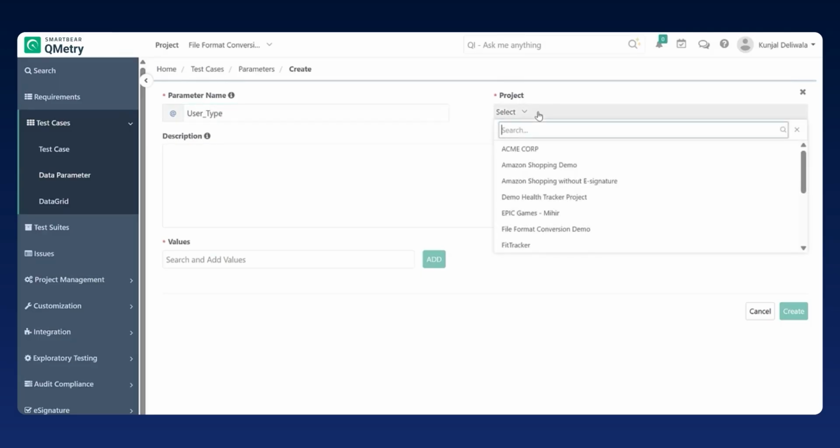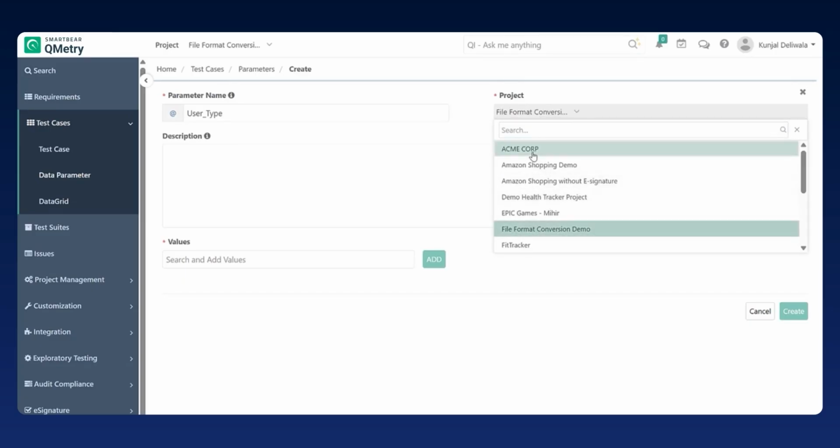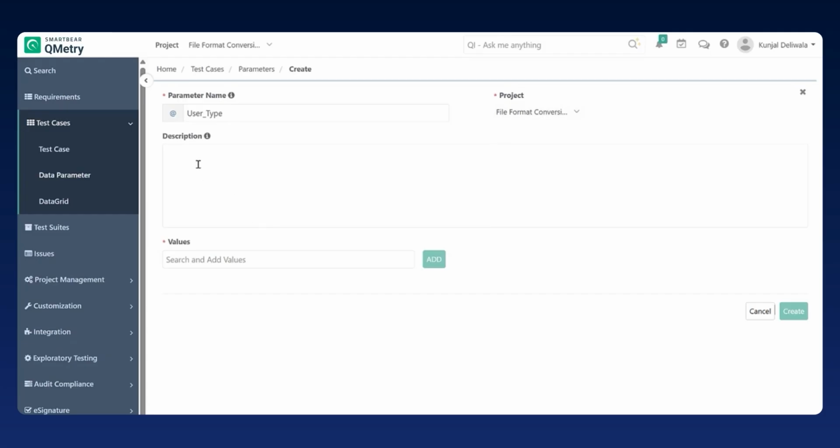Select the project to associate the parameter with. You can select one or multiple projects at a time. Provide the description, it is an optional field, and then provide the values. Let's say the values for a user type could be read only,